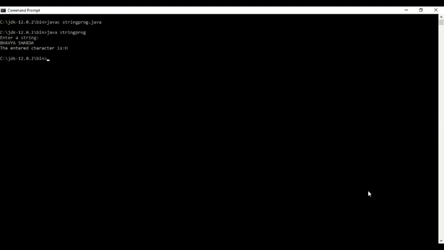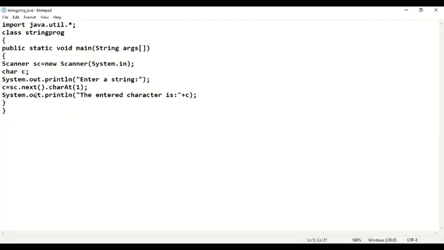Char at function cuts a single character from the given string. And which character does it cut? It cuts the character at position number I, and I is given in brackets. Have you understood this point, children? Whatever index is given in the bracket, the character at that index will be cut from the string we are reading. Clear? So this is what I wanted to discuss with you in this program. I have discussed so many things. I hope you remember.